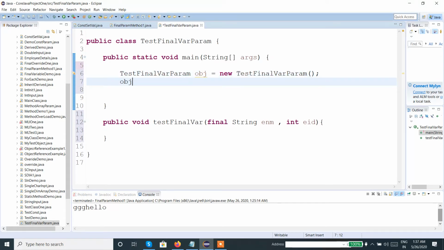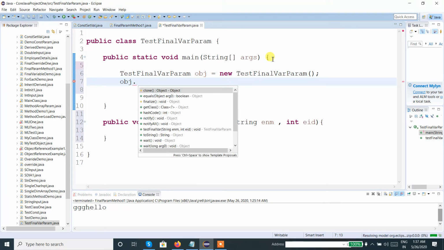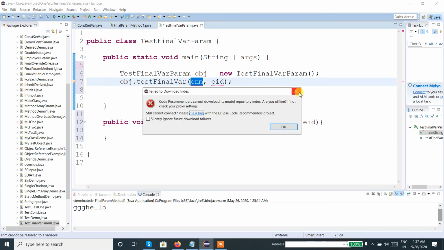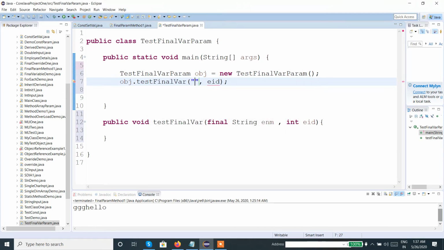Yes, now we can say dot, and what is the method name? Test final variable. Now we can give the values over here.